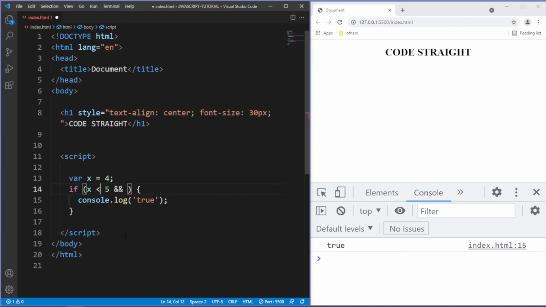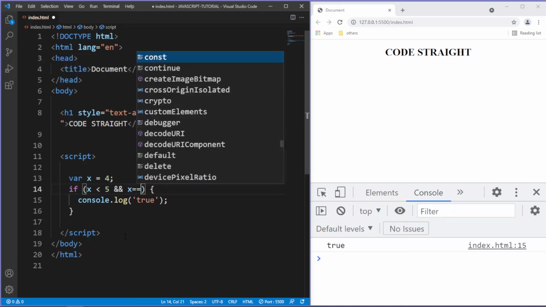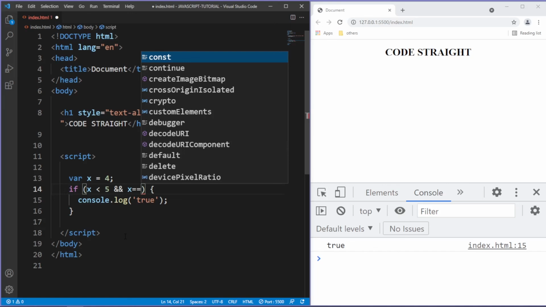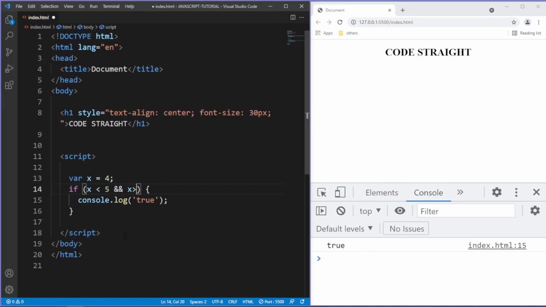I'm gonna delete the equal sign from here, and I'm gonna say if x is less than 5 and x is greater than 0, log us true. It's safe, it's true. You can also give here logical OR, and this is a pipe character or vertical line